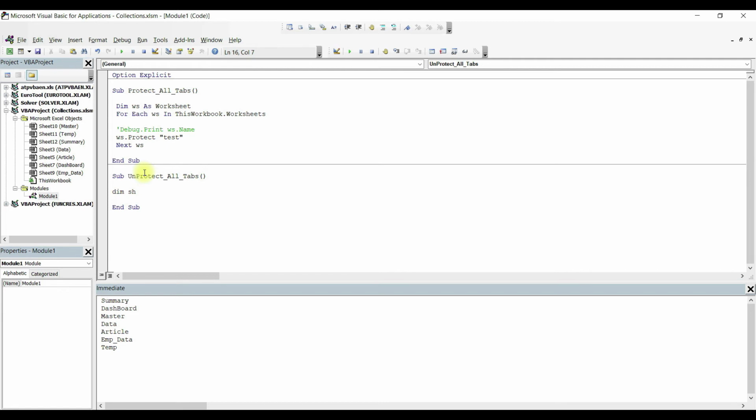That's not mandatory, we can give any nickname. Next, dim sh, nothing but sheet, as I need to control worksheets. How many worksheets I wanted to control. Here we need to declare for each sh in this workbook dot worksheet, all the worksheets of this workbook. Now immediately we need to close this for each loop with next sh, and then sh dot unprotect.